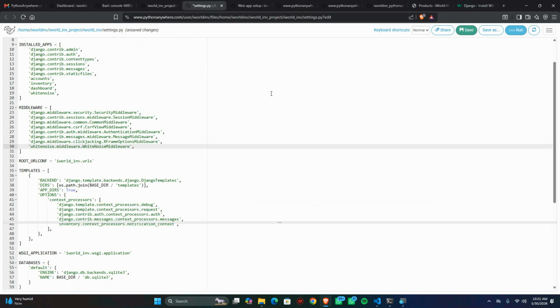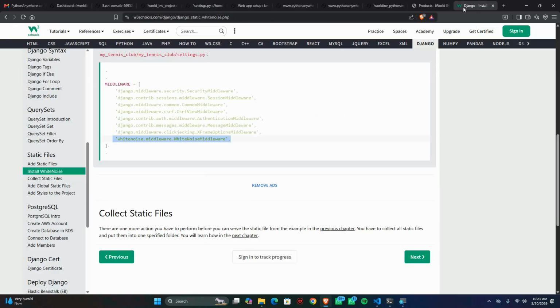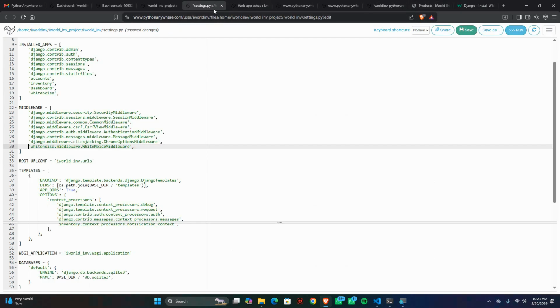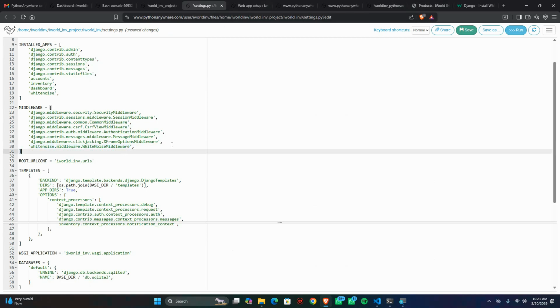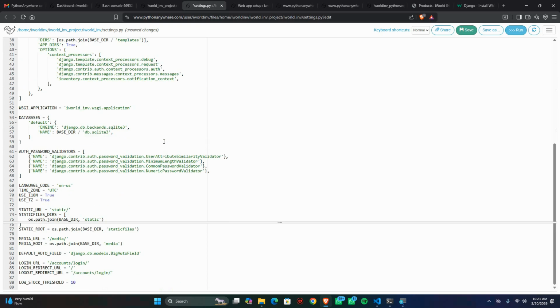Under your middleware, make sure that's the last thing you are pasting. So after adding whitenoise, you are now good to go. So just copy whitenoise.middleware.WhiteNoiseMiddleware, and then inside your settings, make sure that's the last thing you are pasting in your middleware. And make sure that there's a comma here as well. Now we are going to make use of the static root. So this variable we created and then this folder called staticfiles. Saving this